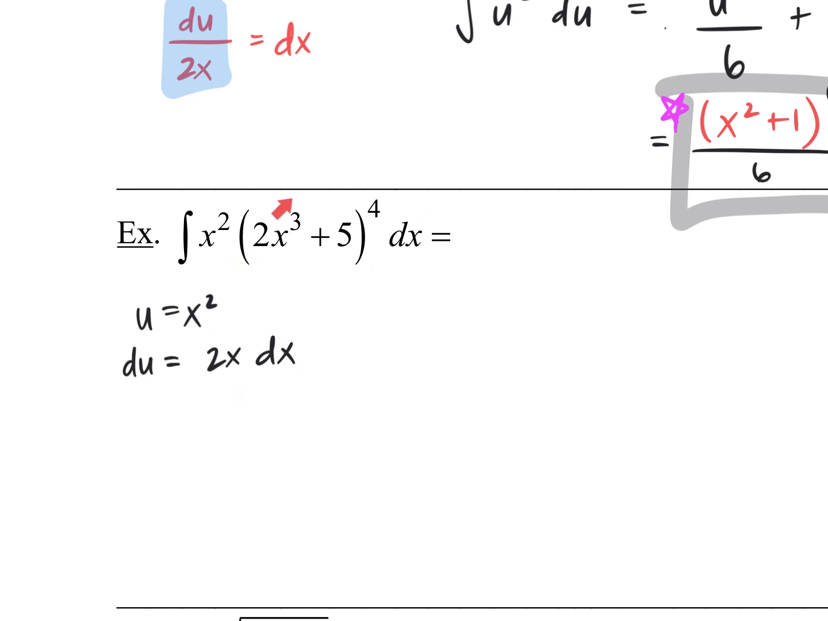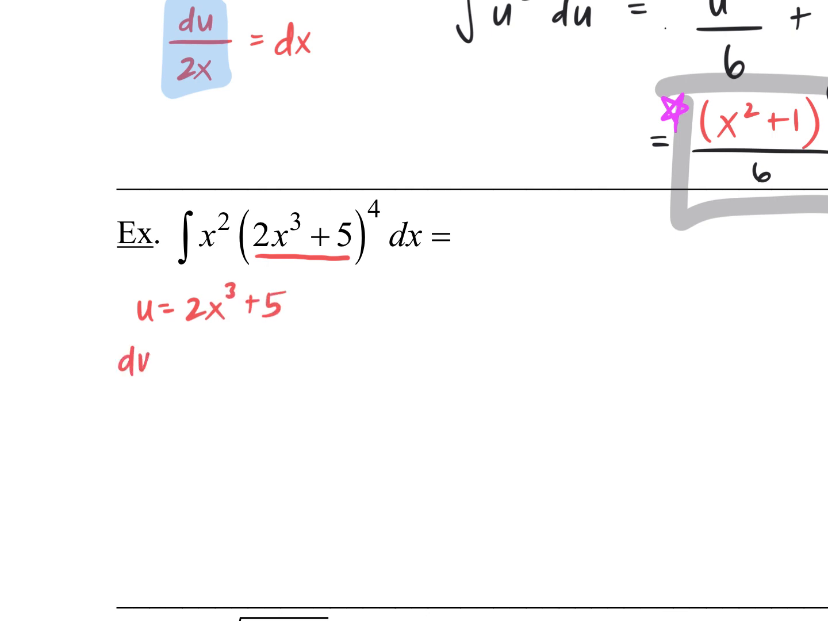Is that even going to be there? Can I cross out a 2x here? No. Okay, so that's not going to be very helpful. So we got to think a little bit differently. Again, usually the one that has an exponent there is going to be your function that you're going to let u equal. So this thing right here, if I let u equal 2x to the 3rd plus 5,